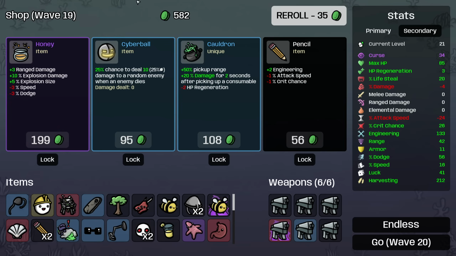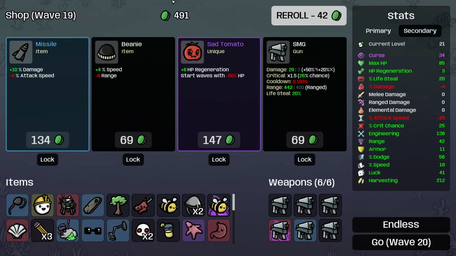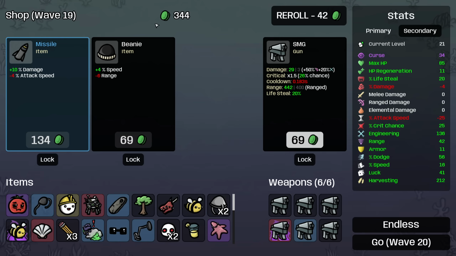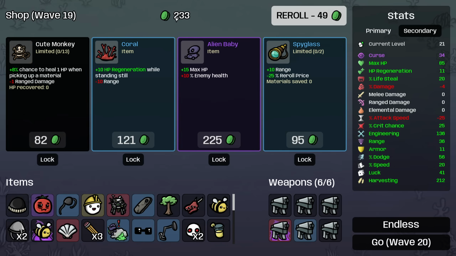But I think we can re-roll here. Take the engineering. Roll again. Sad Tomato, yeah, that will just offset the blood donation damage, and we'll heal back to full pretty quickly. I'll go up to 20 movement speed just to make it a little bit easier to dodge, and then I